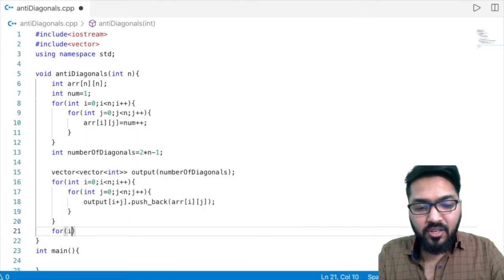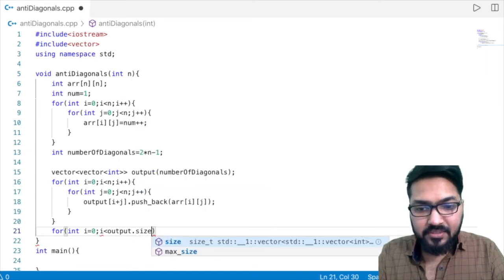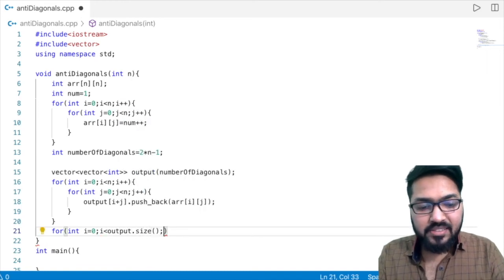So for int i is equal to 0, i less than output dot size, right? Size is the function of the vector which tells us the size of the vector.